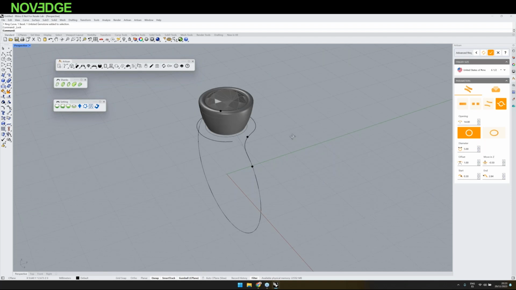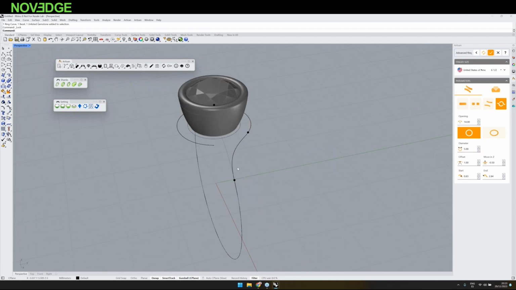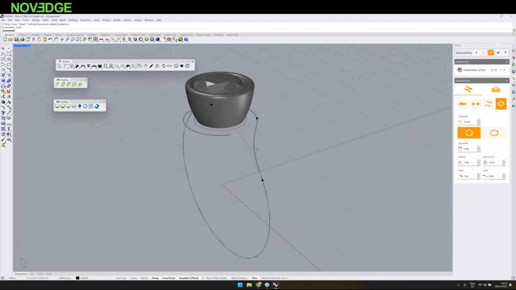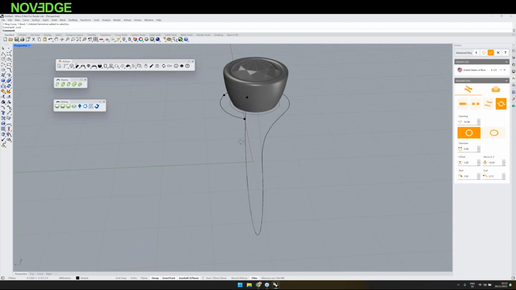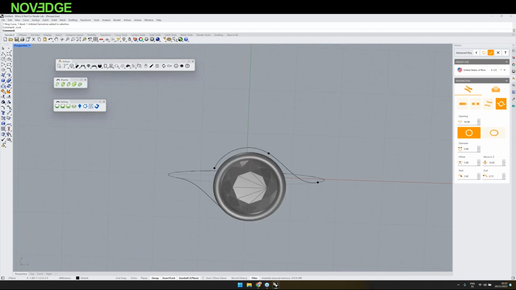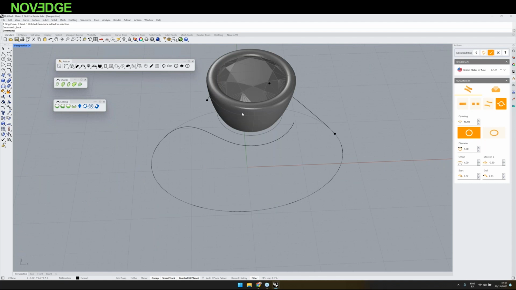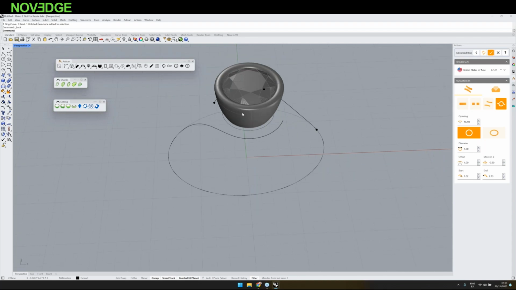Also, I would like to have it soft here. Then I can open it a little bit. Okay. And also I want to reduce that. Okay. Then don't worry about doing it exactly in the place that you want, because later we will see that we can modify it and adapt it as we want. Then the idea is